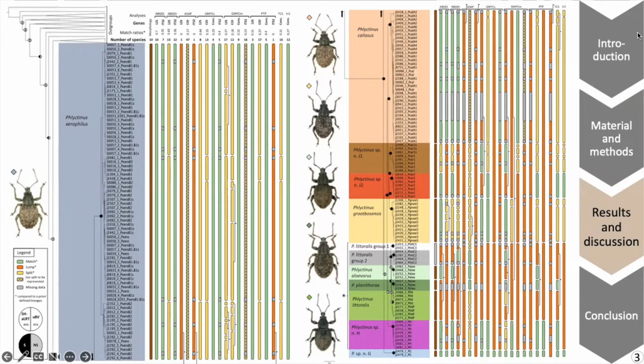On the right, results of the species delimitation analysis are represented by vertical bars colored in green when the putative species inferred by analysis correspond to selected lineages, in yellow when they are split, and in orange when they are lumped. Overall, the analyses yield a wide range of putative species estimates, often under- or over-splitting species, which is highlighted by low match ratios. This is not unexpected, hence the importance of assessing species boundaries within an integrative framework.